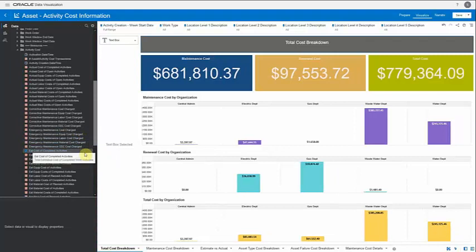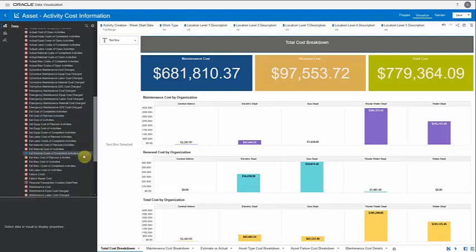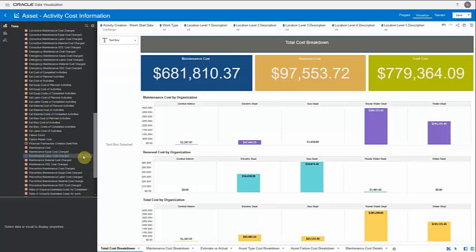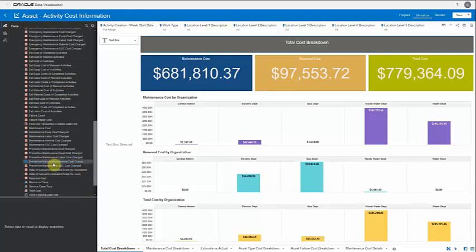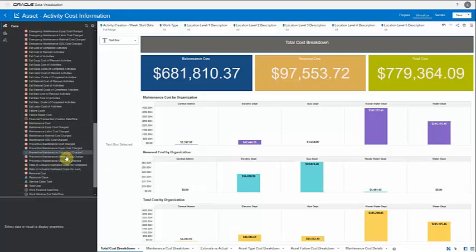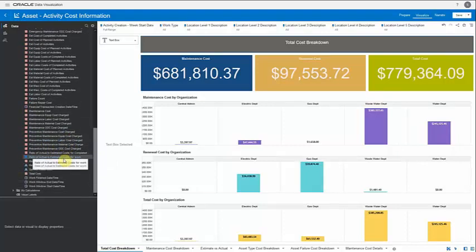And now you can see the actual and the estimated cost based on different resource types like labor, equipment, material, miscellaneous charges, overall maintenance cost, total cost, renewal cost, failure count, failure repair. You can see preventive maintenance cost distribution. You can see the corrective maintenance cost distribution. So these out-of-box measures are now available for you to look into the data, slice and dice the data as per your organizational needs. So let's look into the